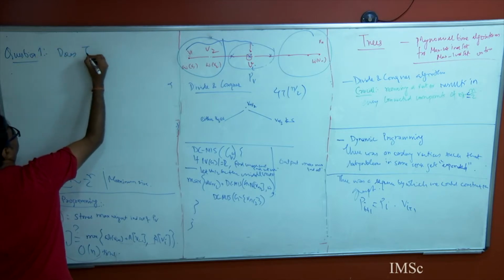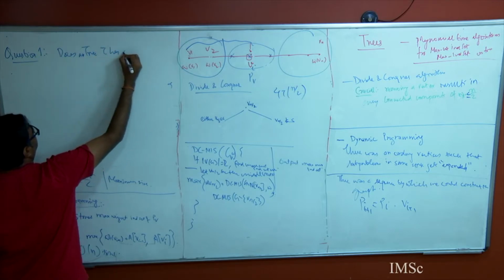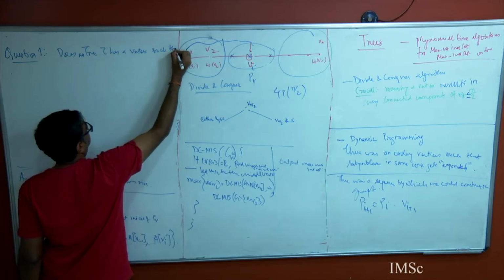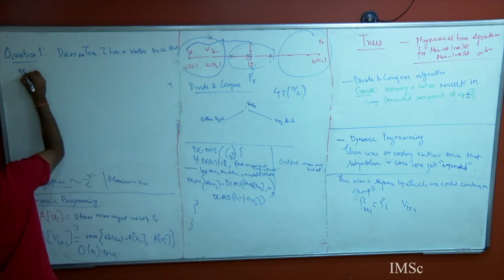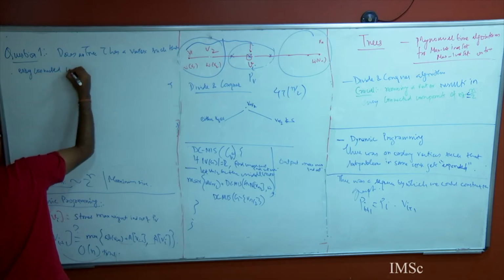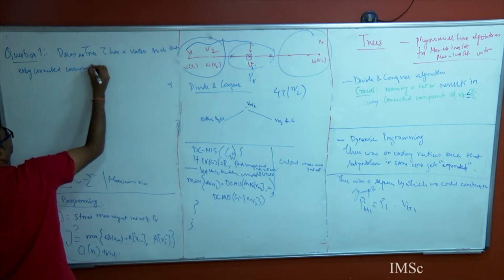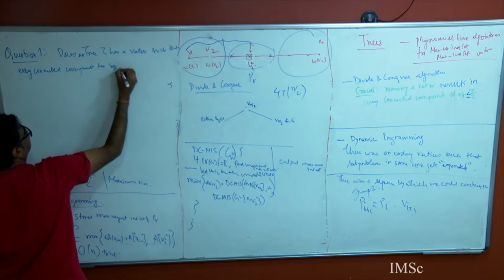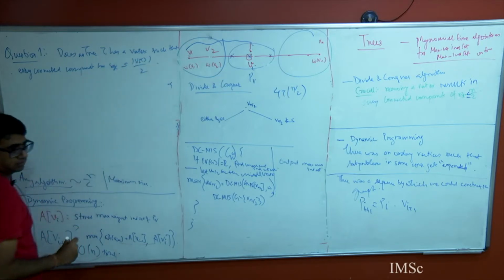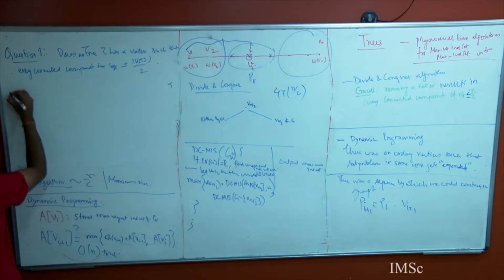Does a tree T have a vertex such that every connected component has size at most n/2? That's the first thing. And the question number two,